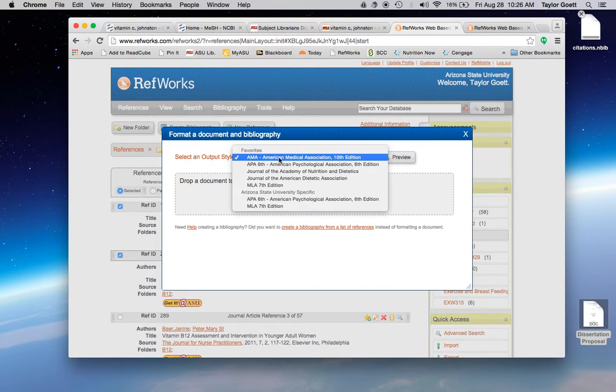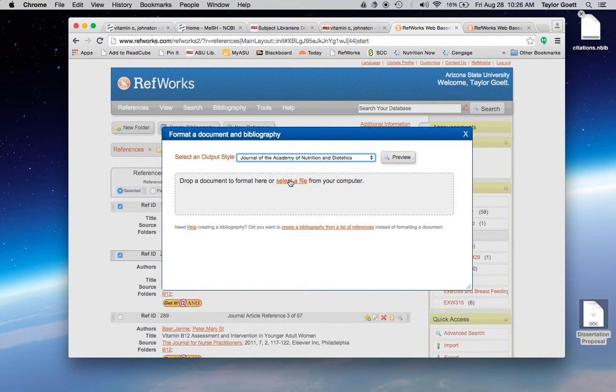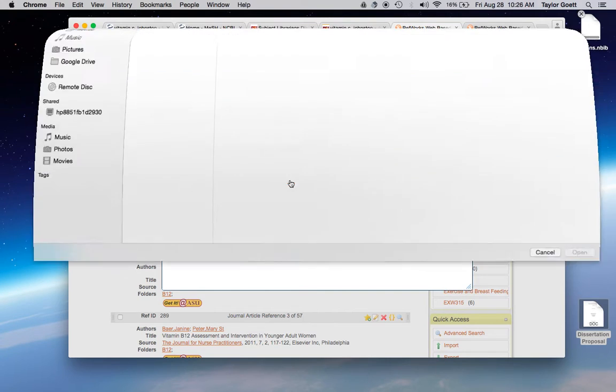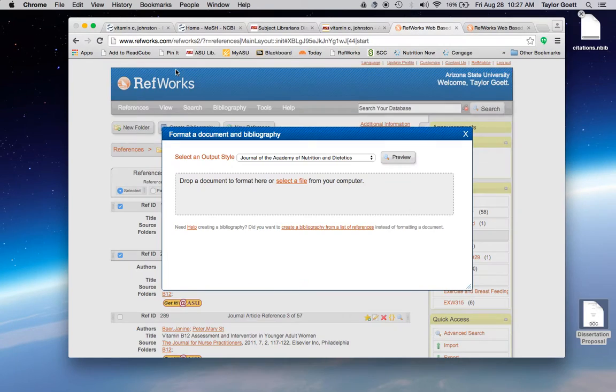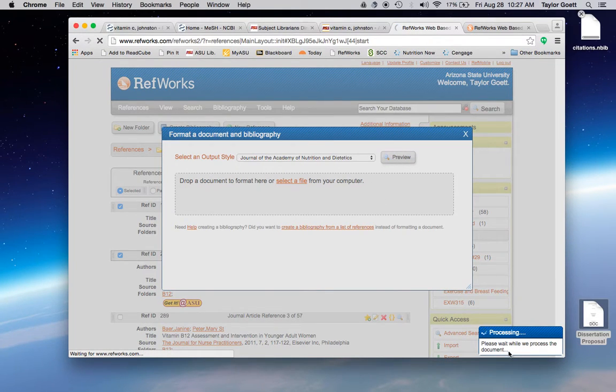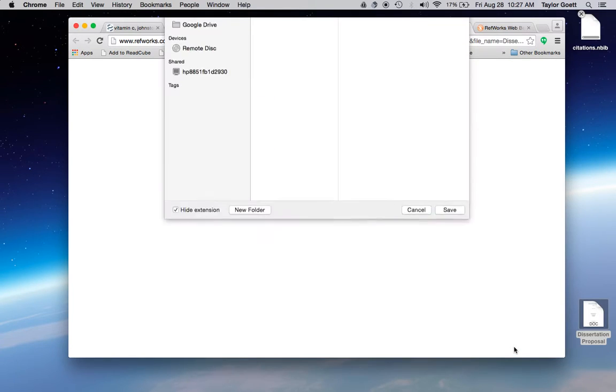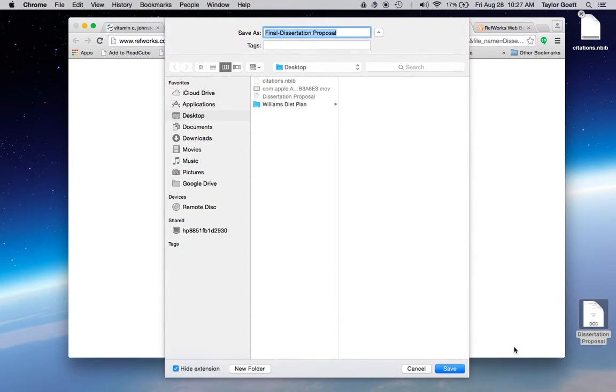You'll select your output style. So I'm going to select the Journal of the Academy for Nutrition and Dietetics, and we'll select a file from our computer. So I'm going to select this file, and it's going to be processing down here in the right-hand corner. So sometimes you have to give it a few minutes depending on how long the document is. One tip I want to give you guys is that sometimes